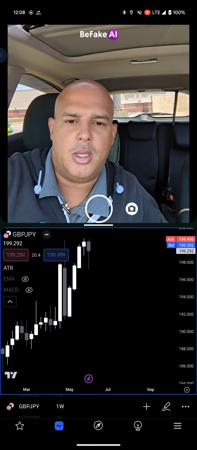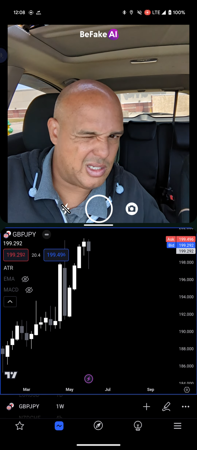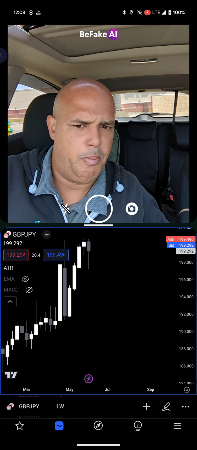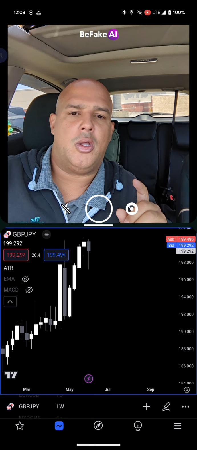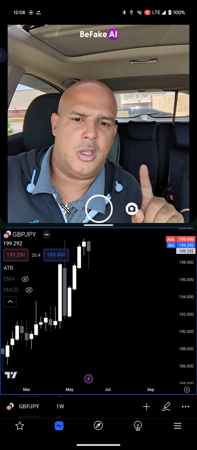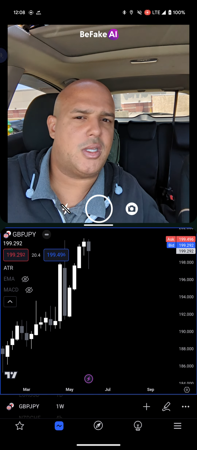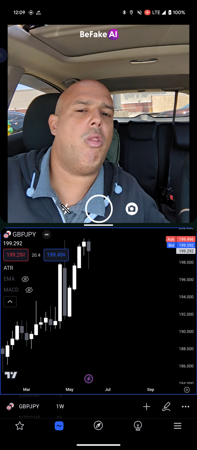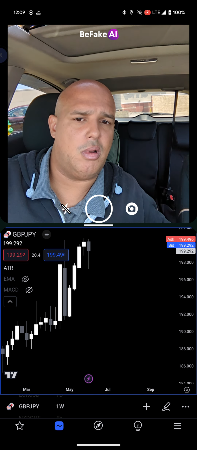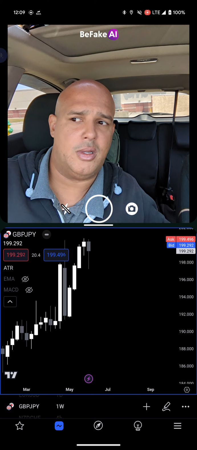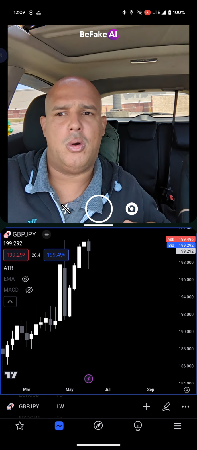GBP-JPY. GBP-JPY, I would look and go, okay, yeah, it's supposed to be bearish, but thinking about the way that this candle played out, the market opened, the sellers pushed the market all the way down, buyers came back in and pushed the market all the way up to more than the actual body that's left. That's a huge fight that has happened.